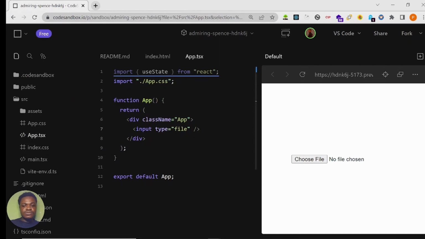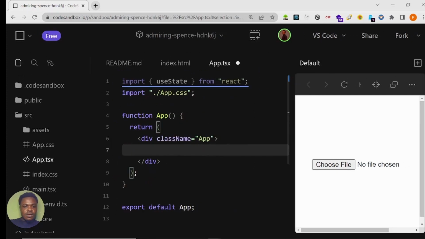Now, what else do we want to do? First of all, I just want to do this for design's sake because nobody wants to see this. Nobody wants to have choose file, whatever, on their screen. So I'm going to use a label to represent this. I'm going to copy this input here. So let's create a label. It's a label which is going to htmlFor. Remember, this is a React application and we don't have for here like we do in HTML itself. So we have to say htmlFor, and we say htmlFor, let's call it file. And let's close the label. So let's just write select